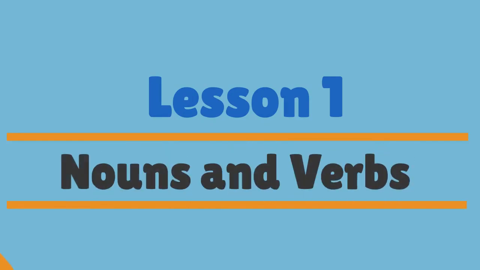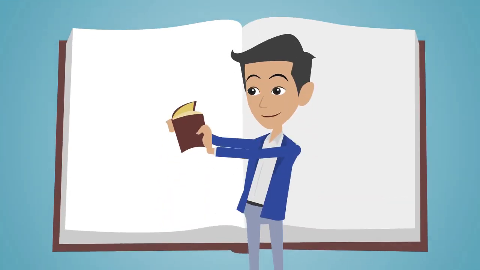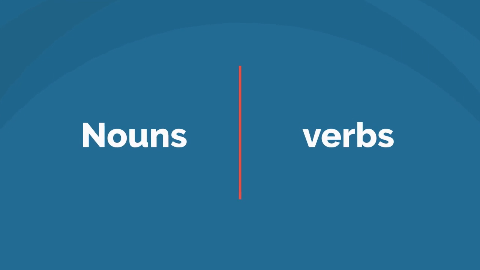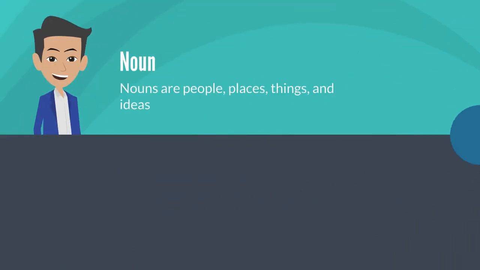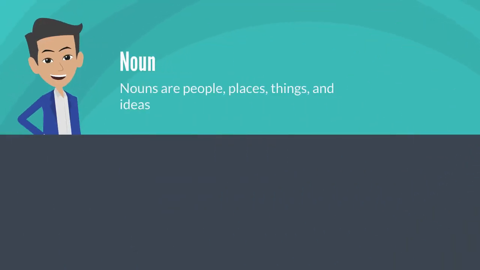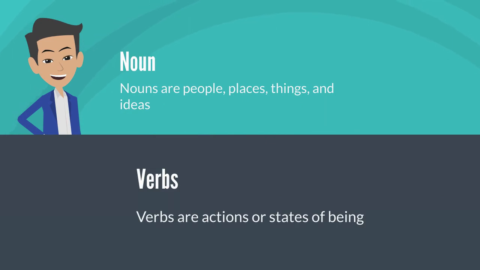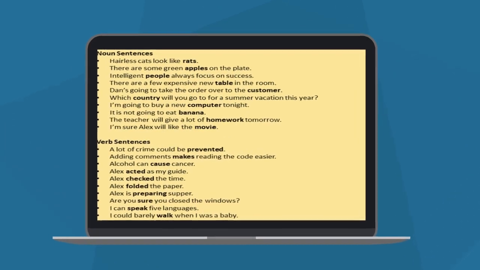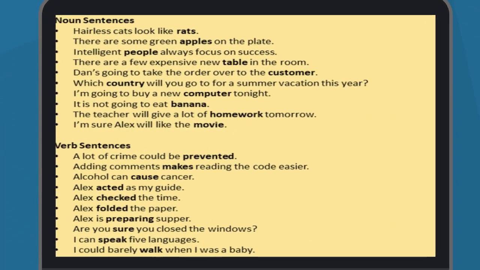Lesson 1, Nouns and Verbs. Let's start with the basics. Nouns and verbs are the building blocks of sentences. Nouns are people, places, things, and ideas, while verbs are actions or states of being. In Duolingo, you'll learn to identify and use nouns and verbs in various contexts, and you'll practice using them correctly